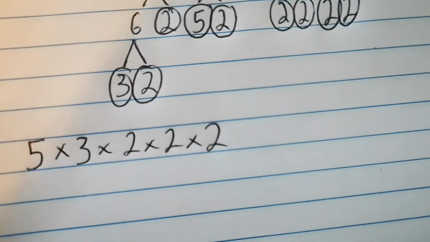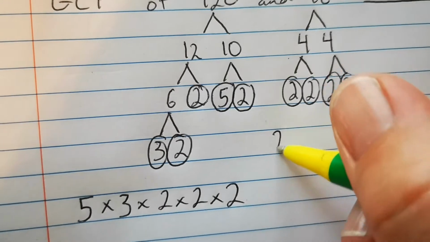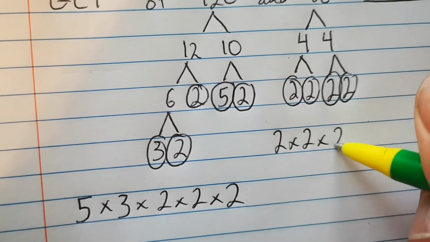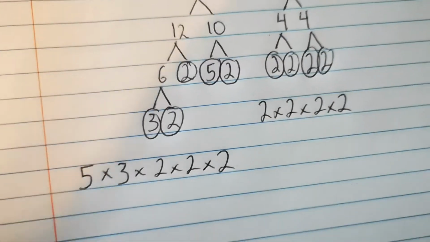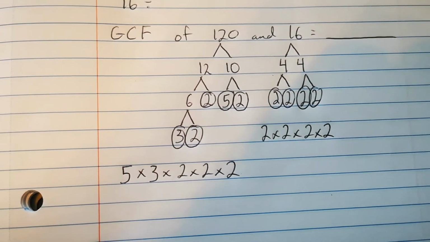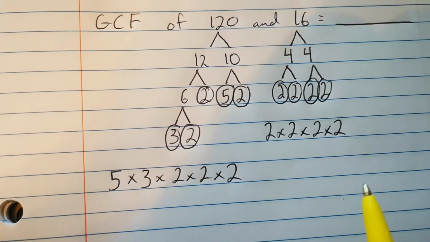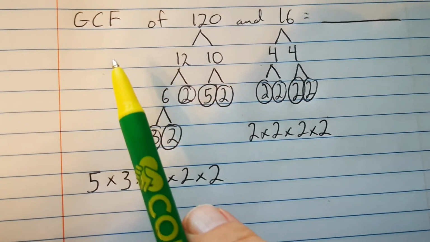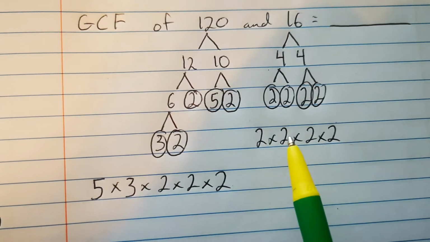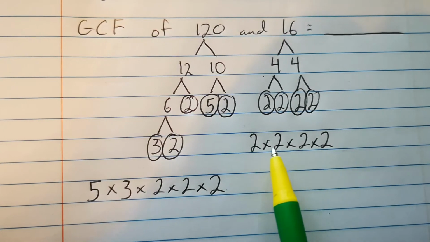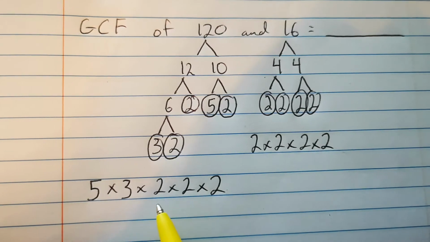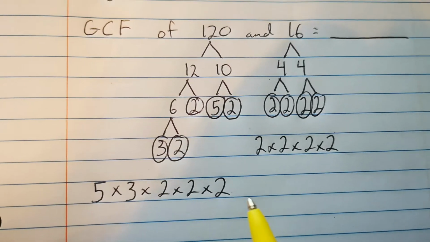So the prime factors of 16 are 2 times 2 times 2 times 2. Okay, so hopefully that rings a bell that we've done this before. To find the greatest common factor, I eliminate the ones that they do not share in common, and I keep the ones they do share in common. Meaning,